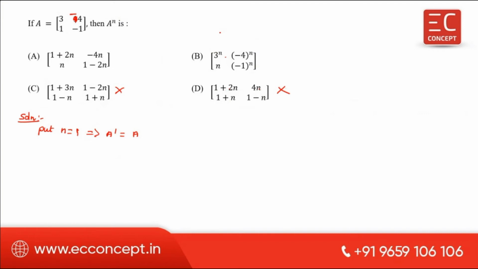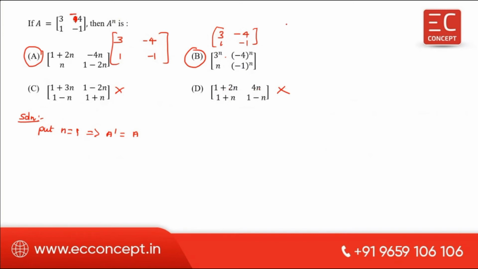So here 3, 1, minus 4, minus 1. So this is the option. Similarly, if you substitute here 3, minus 4, 1, minus 1, the answer for this is minus 1. 3, 1, minus 4, minus 1 and 3, 1, minus 4, minus 1. So there are two options here. This is A and option B is also correct. Okay, there are two options that we are getting now.